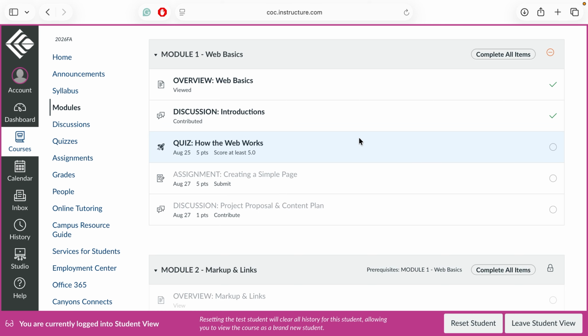Next is an assignment to create a simple web page. This is like the one featured in the book, but I've created new material for it, so you'll have another chance to practice your skills. Early in the